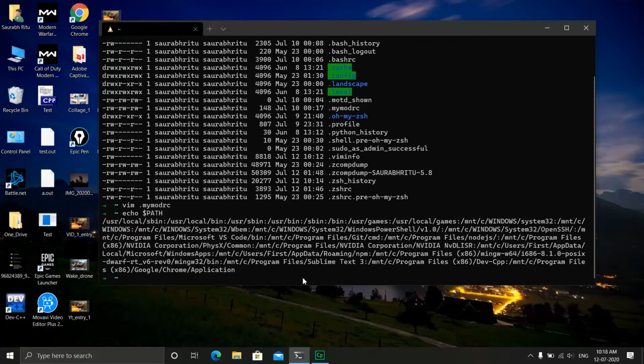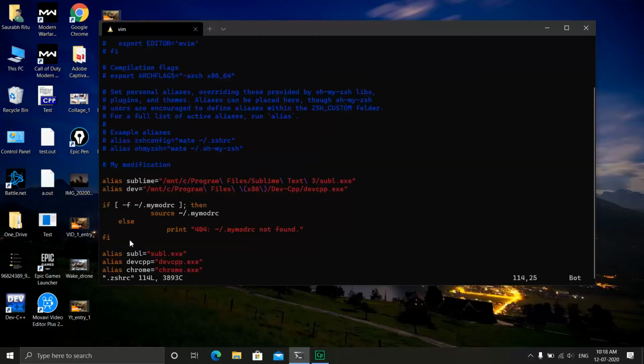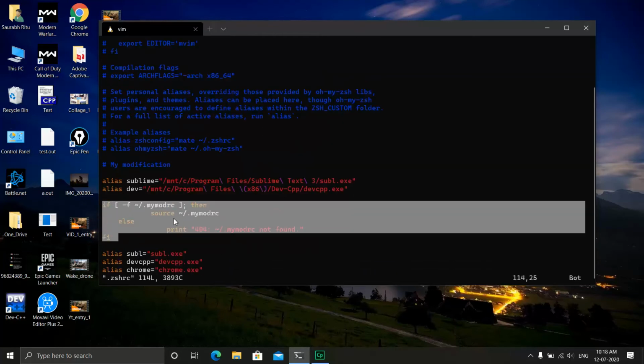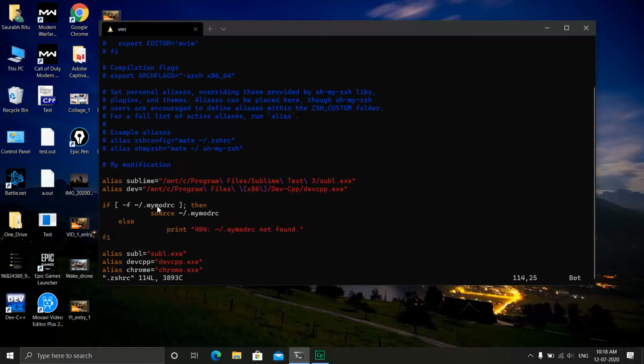After creating the .mymodrc file, now just go to the zshrc file, and here you can see a small script. This script does nothing but look for the mymodrc file. If this script finds the mymodrc file, then it will source it.